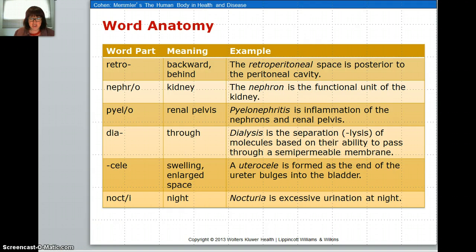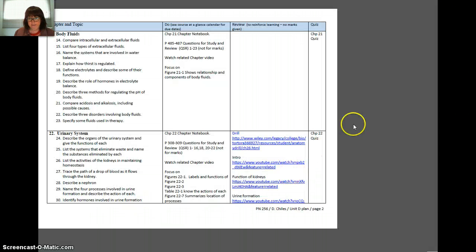Please pay attention to all of the videos on here, because this will give you more detail, because you need to know more detail than I've given you, even though I've given you a whole whack of detail. There's a lot that needs to be done in this unit, so please pay attention to this. And that's it for